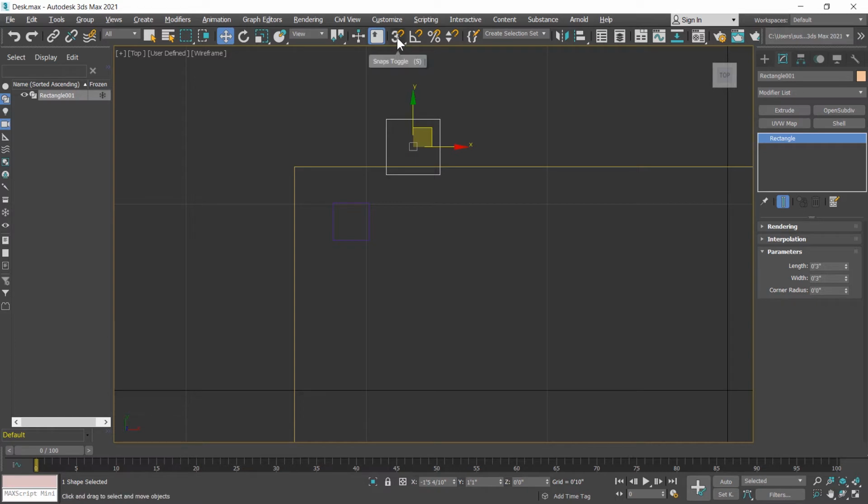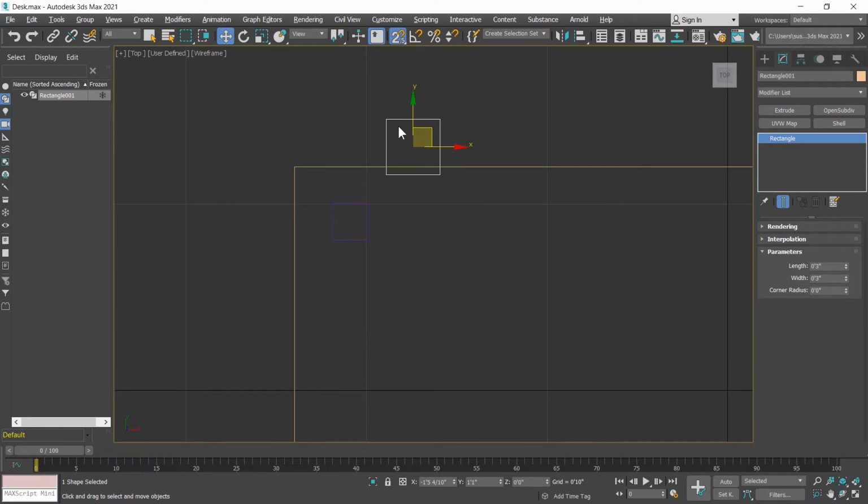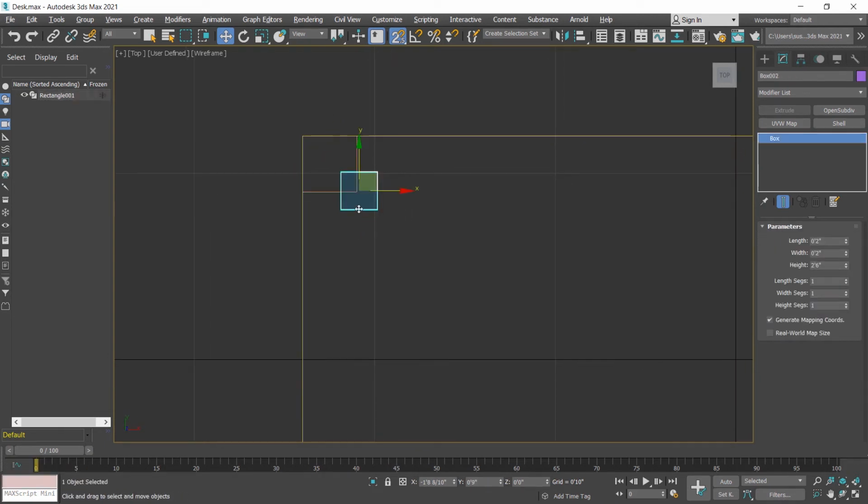Click and hold in the 3D snapping and choose 2.5D. Then right click and choose vertex snapping. Click and hold on this point and then move in the corner so it will snap. Now I select this leg and click on the point and snap with the corner.